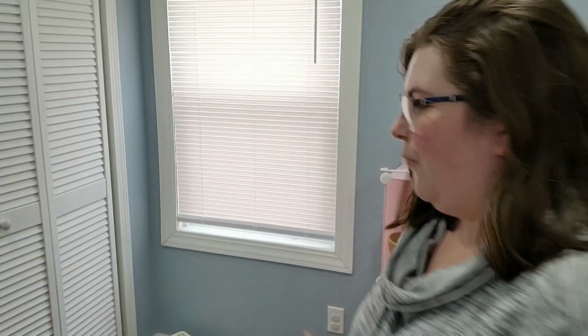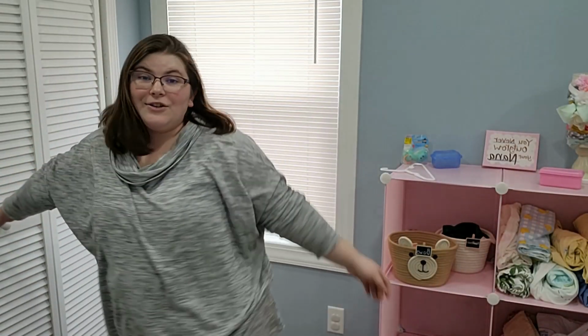If you were here last time, we were working on this organizer in my girls' room. I'll go ahead and link that video right here for you so you can check that out. But we started with the closet, which was absolutely the most overwhelming part of this room because I was just shoving things in there at the end before we decluttered. But now, as you can see,